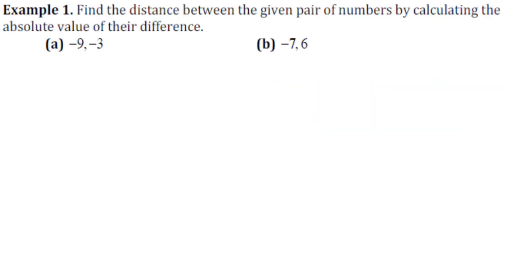All right, so the first thing we need to be able to do is just be able to find the distance between two numbers on the number line. So, the easiest way to do this, so it'll work every time, is that if we take the absolute value of the difference of the two numbers. So what that means is we're going to take the absolute value,